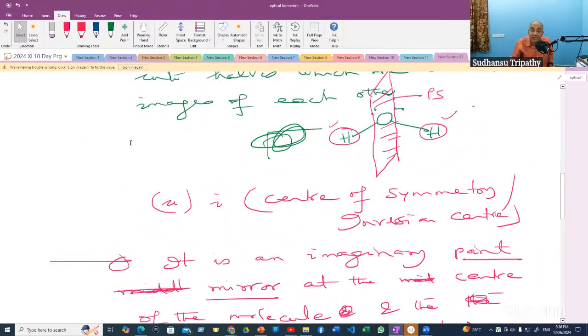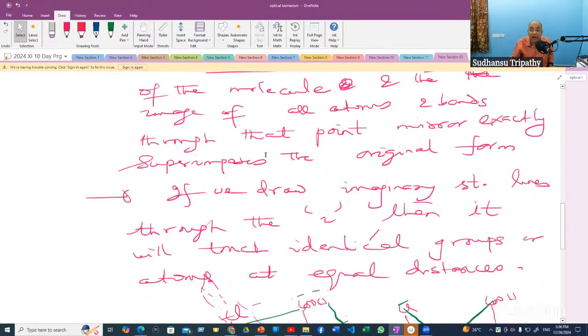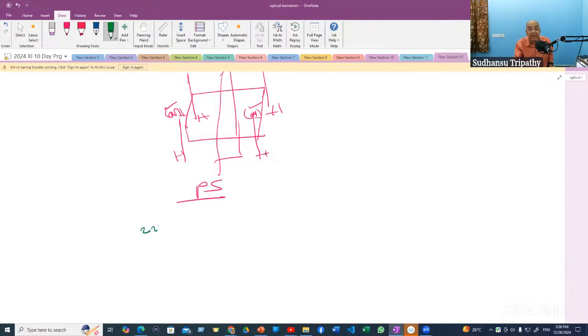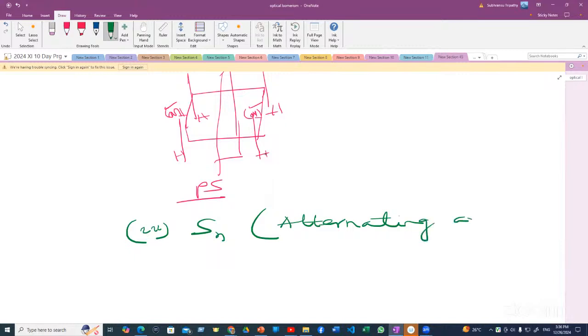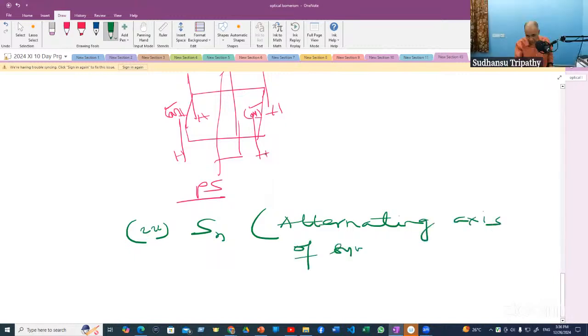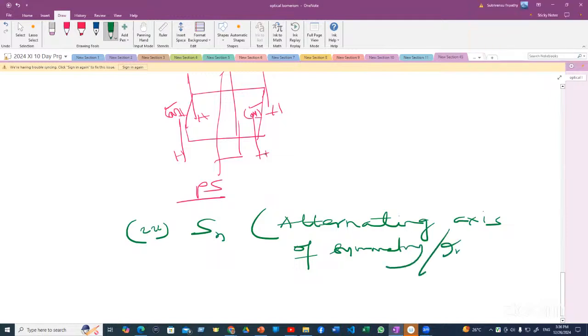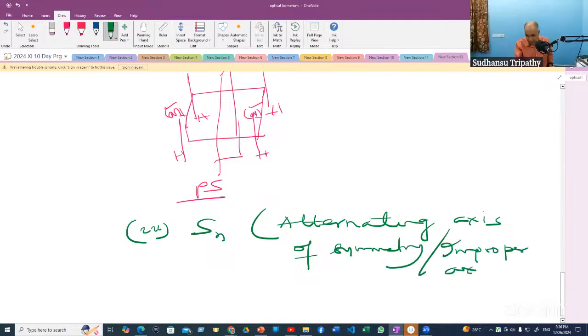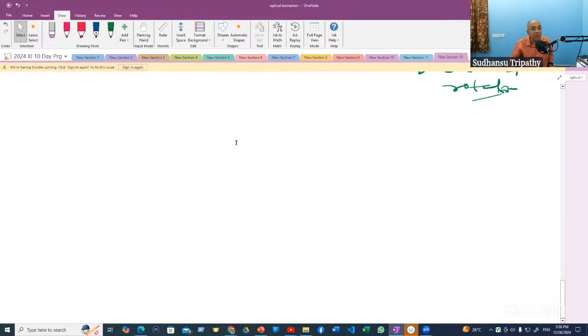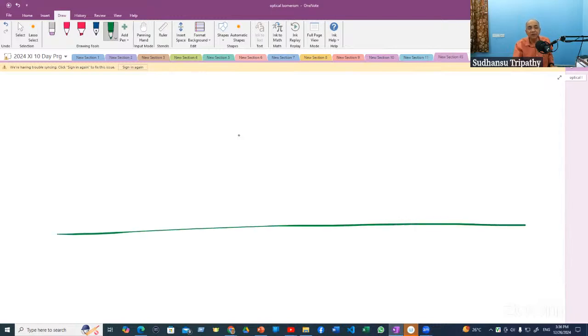I am saying absence. See, I have written absence of sigma and I. And 3, Sn. What is Sn? Sir, alternating axis of symmetry or improper axis of rotation. Now, for that, I have to just leave some space. Maybe 1 page or maybe 1.5 pages. 1 page you leave. Then we talk about first the